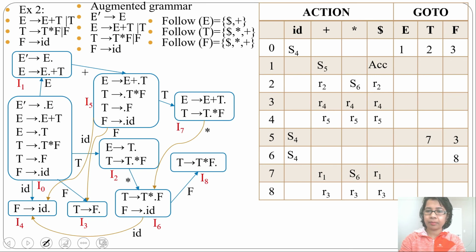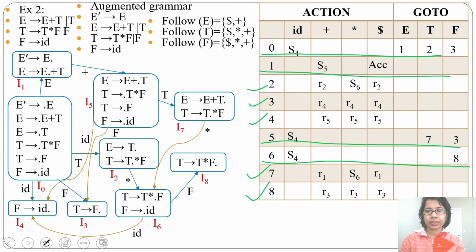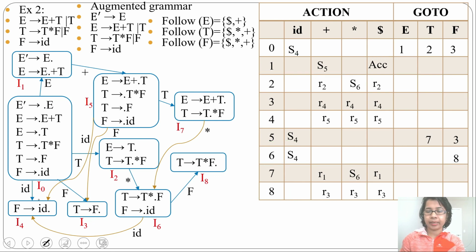In the SLR1 parsing table, the second row, third row, fourth row, seventh row and eighth row are different from the LR0 parsing table. Wherever a reduction is there, it is different from the LR0 parsing table. In the LR0 parsing table, there were multiple entries, there was an SR conflict. So the grammar is not LR0, but the grammar is SLR1 as there is no conflict. There is no multiple entry, so the grammar is SLR1.